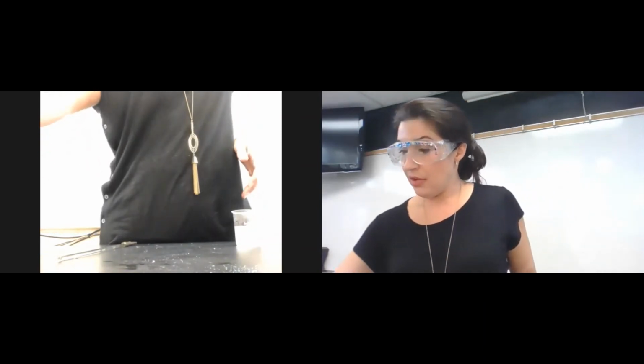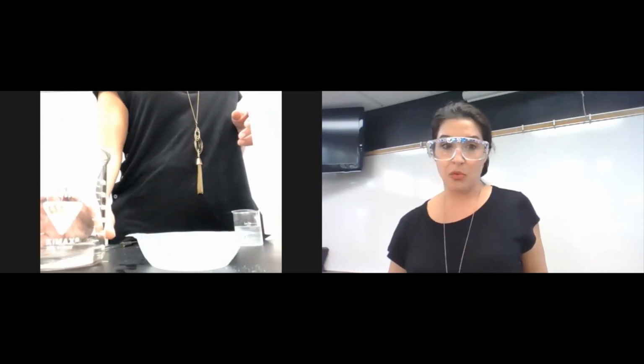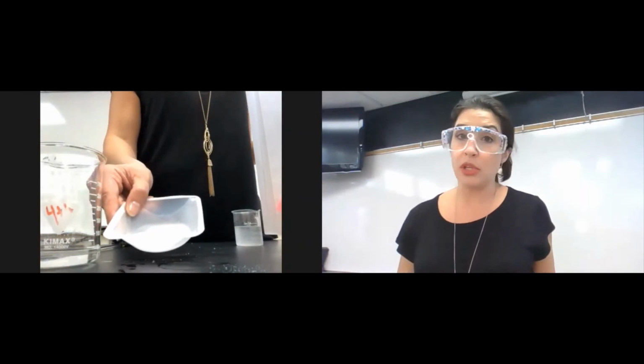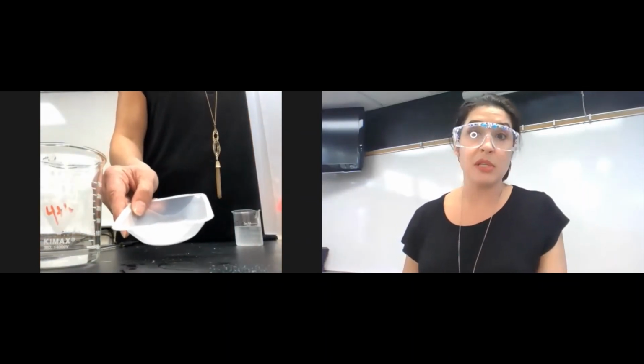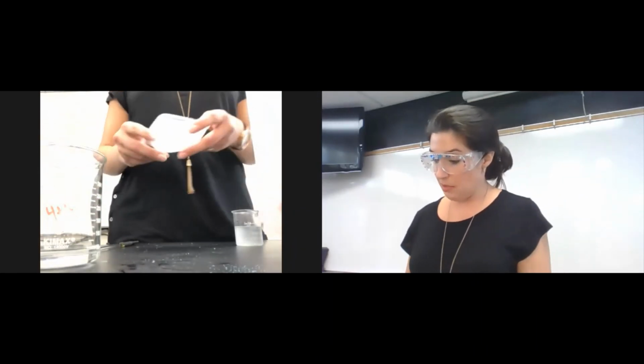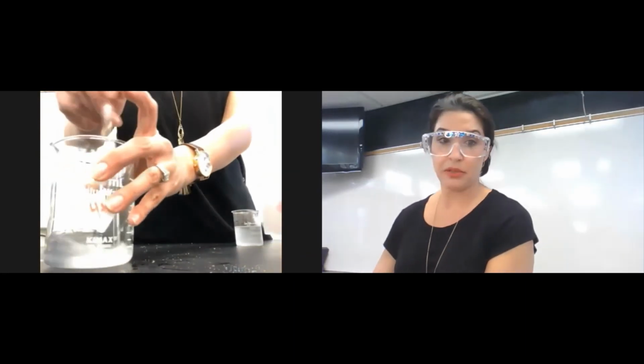So here I have sodium chloride, good old table salt, and water. Sodium chloride, chemical formula NaCl. You can tell with two different atoms that this is going to be a compound as opposed to a pure element. And I'm going to go ahead and dump it into my water, stir it up